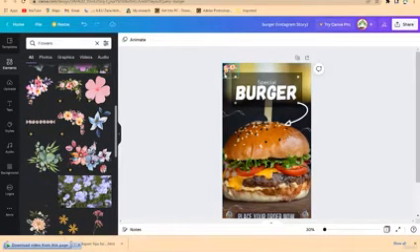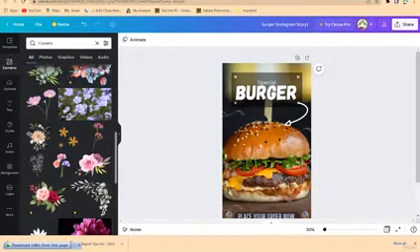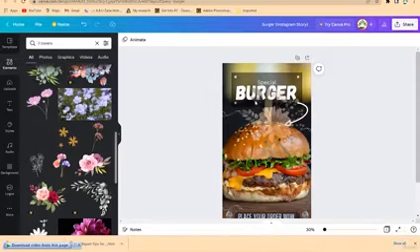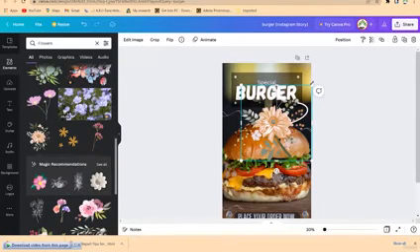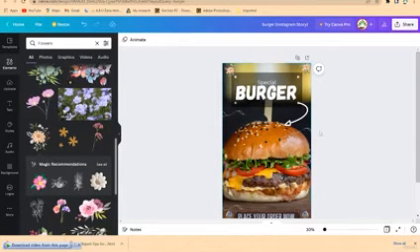Okay, so you remove this and remove this, and maybe put something that is free, like this one is free. So you can just drag and drop, and then you can resize it and put it somewhere here. And you can copy and paste and put a similar thing from here as well. Okay, so once you are done, you're satisfied, and now there is nothing pro here,